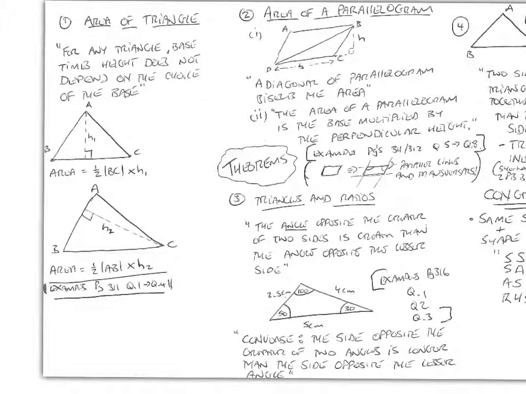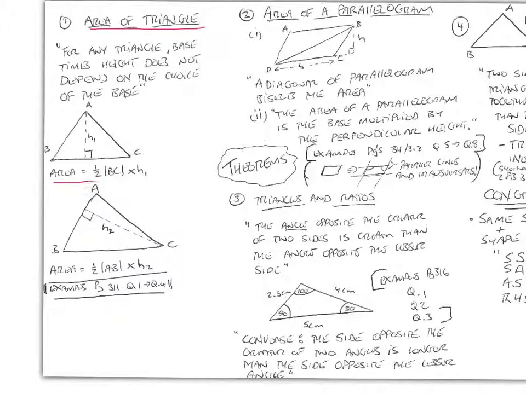Okay, so let's look at the theorems. The first theorem, area of a triangle. Oh, sorry, area of triangle. So the theorem says for any triangle, base times height does not depend on the choice of the base. Okay, but what's really important here is the formula to calculate the area of a triangle is that the area